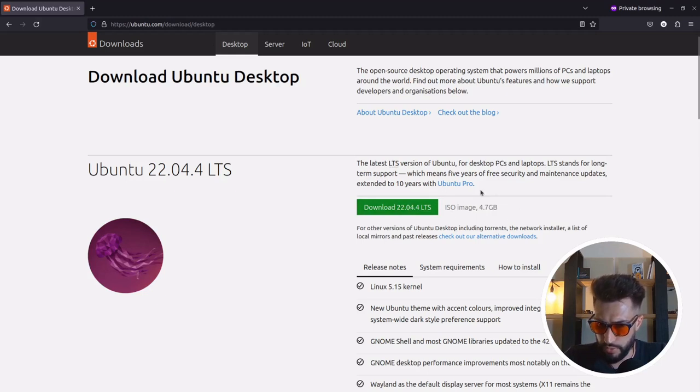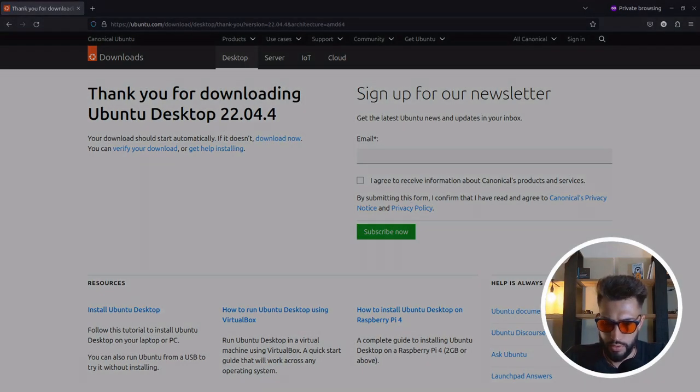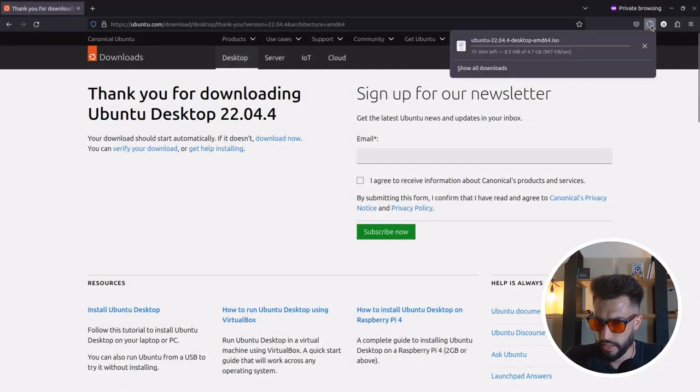And we're going to be downloading the ISO image. So there we go. We're going to download it to our download folders, save, and here you can see it's